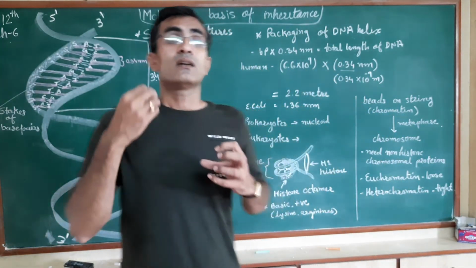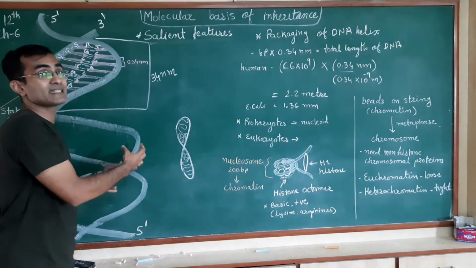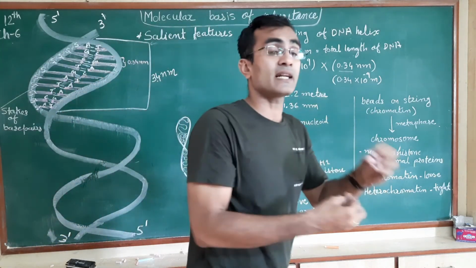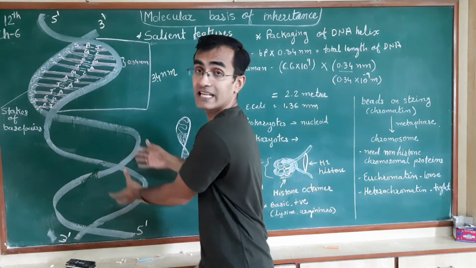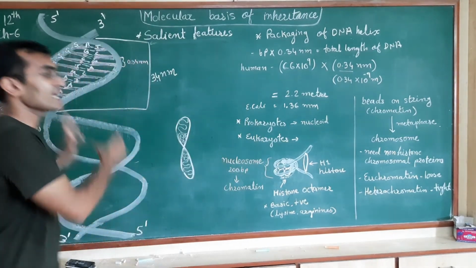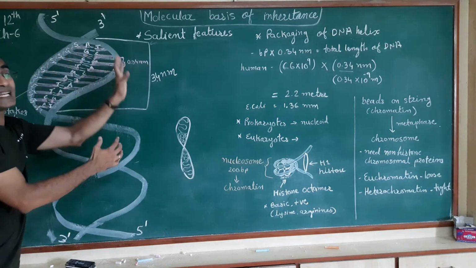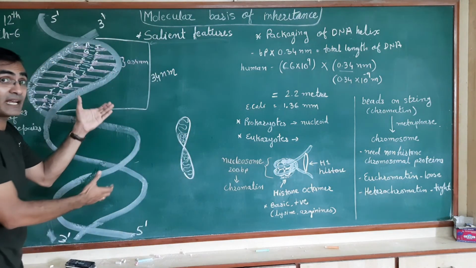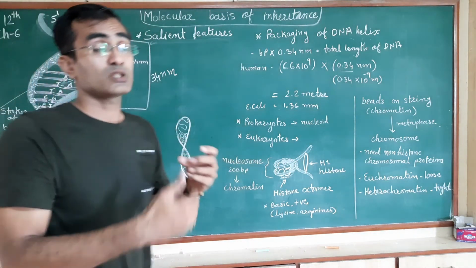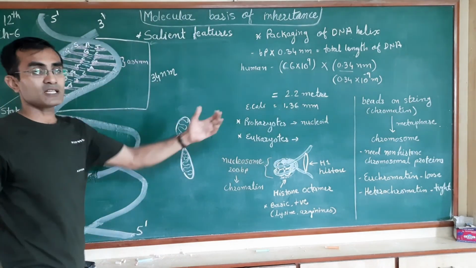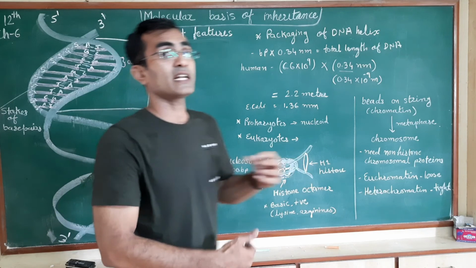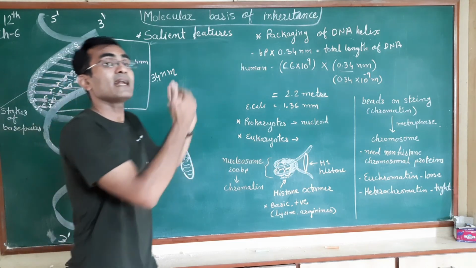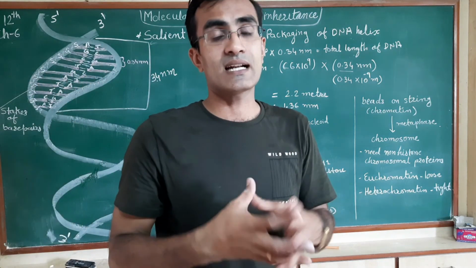It says that whatever the DNA material is, it will follow a particular path. This DNA material will form multiple copies of the DNA itself. That is called replication: the production of the same kind is called replication. Now whatever DNA is made will form mRNA through transcription, and whatever mRNA is produced through transcription will be converted into protein through translation. The processes of replication, transcription and translation are the parts of the central dogma.